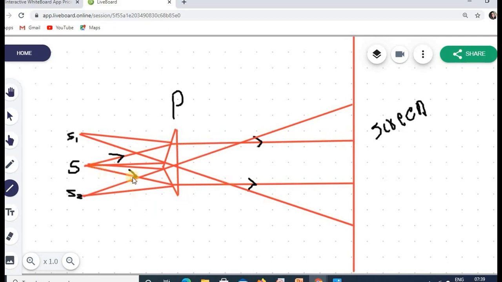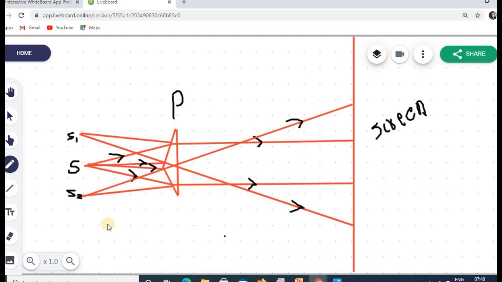The second ray is having a path like this way. Okay, and this is the third ray from the source. I can show you the ray path, and this is the third ray. Once it hits the prism, it takes a deviated path in this direction, and I can draw the ray path like this way. And this is the fourth ray. When it hits the prism, it takes a path like this way to reach the screen, and this is the ray path.